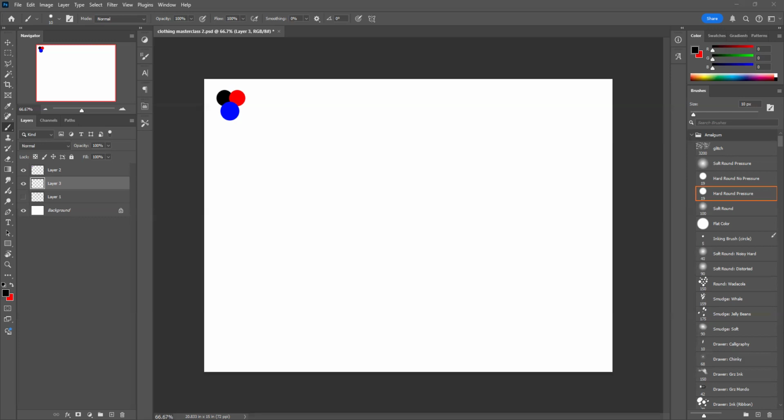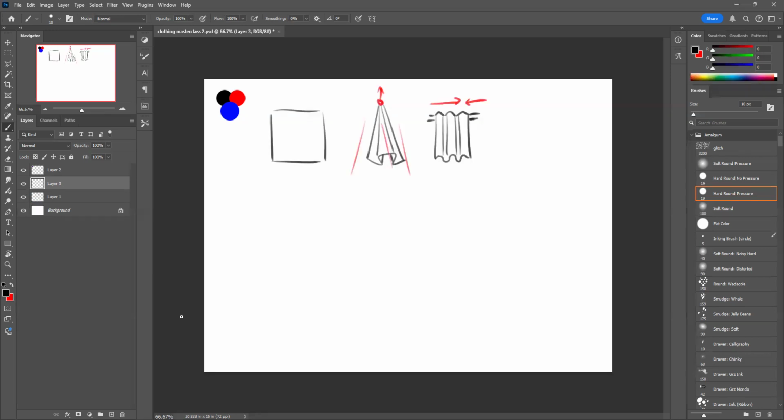Right. The more complex shapes that we're going to interact with for this. So, the first one I want to go over, as we have this here, is